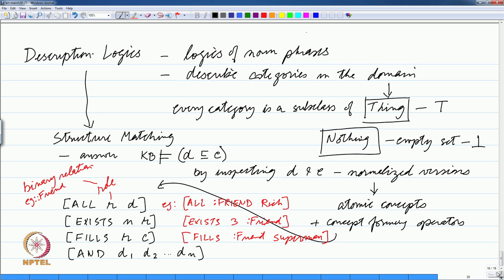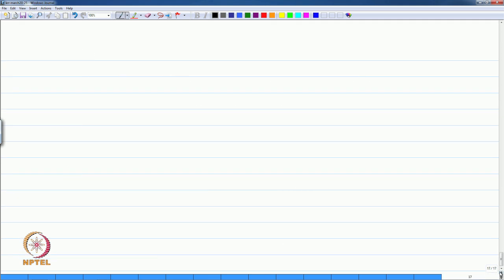So, let us look at an example and let us just look at the structure matching algorithm that we had seen. So, let us say that I have a concept which is as follows, and let us give it a name. So, let us say D1, and remember that this is also a concept forming operator. It says that two concepts, the left hand side is equivalent to the right hand side, they are talking about the same set essentially,